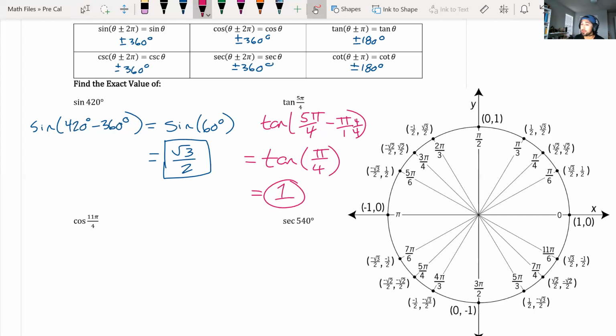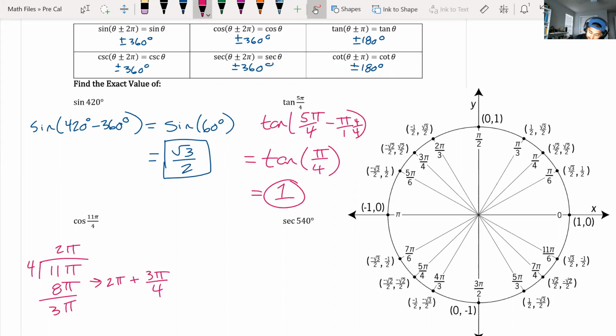Remember, we've learned all this pre-cal up to now, so we can do our radian trick as well, where you can find the coterminal angle of 11 pi over 4, which means you can do 4 into 11 pi. And how many times does 4 go into 11? 2. So it'd be 2 pi times. You'd have 8 pi with the remainder of 3 pi. So this means that we have 2 pi plus 3 pi over 4,